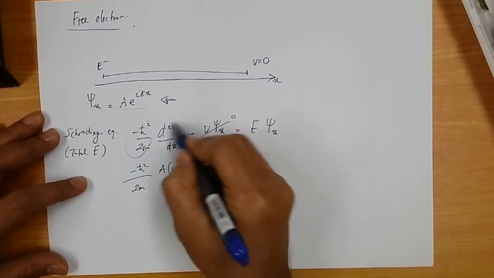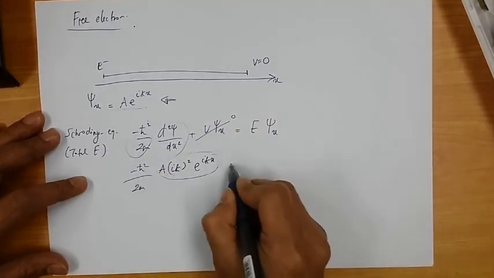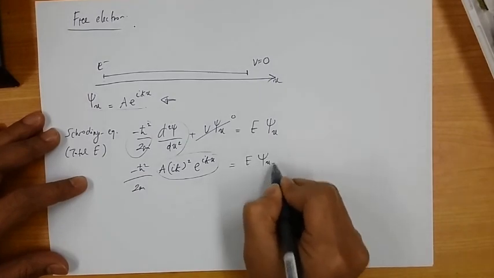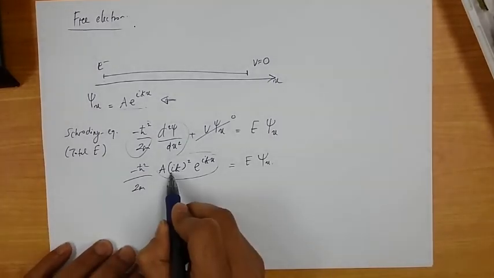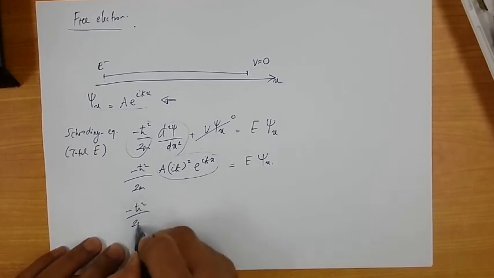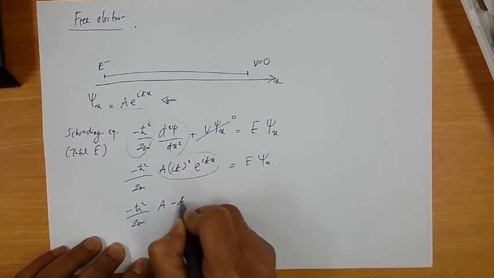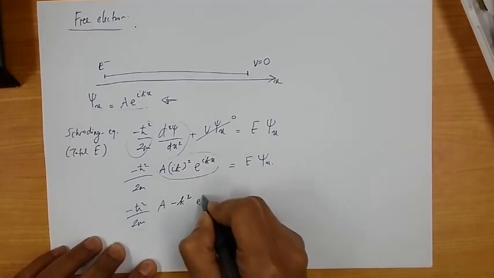So the second derivative of the wave function is this, and this will be equal to E psi. Alright, so (ik) squared will give you minus k squared